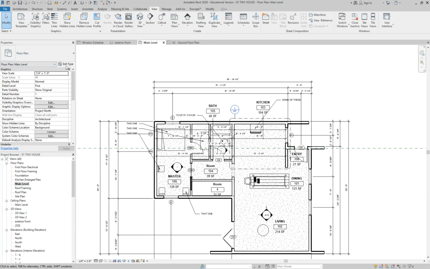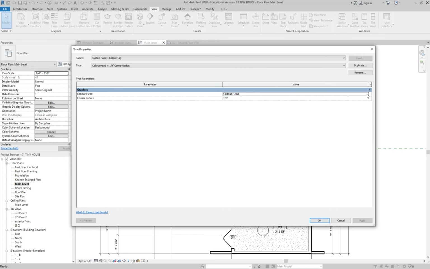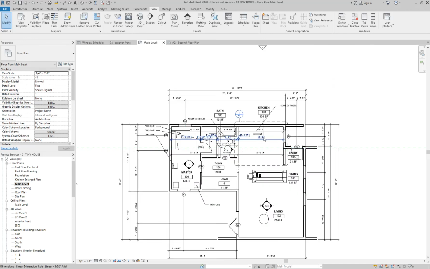I just go to my Edit Type on the floor plan, and you see how there's a callout tag here, and it says callout head with 1/8 inch corner radius. What I did is I clicked on the dot dot dot, and my callout head was set to none. Again, I don't know why, but I changed it from none to callout head,